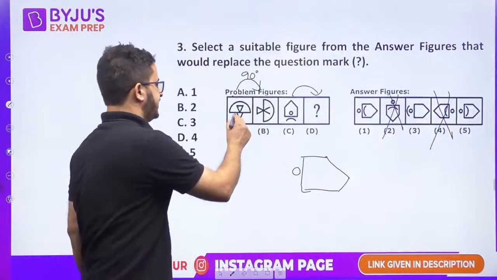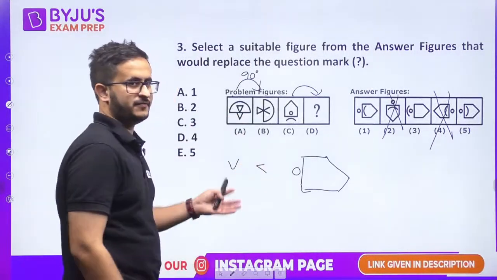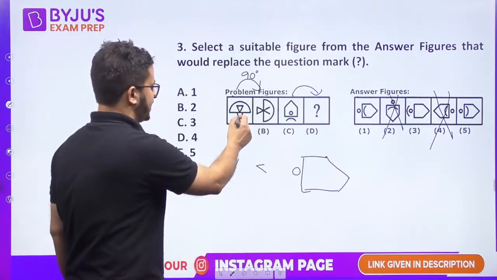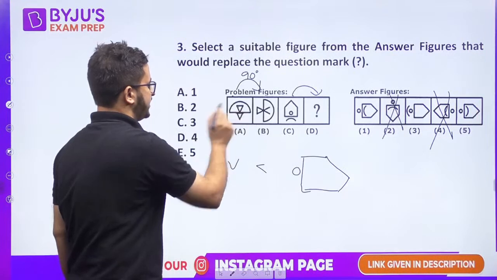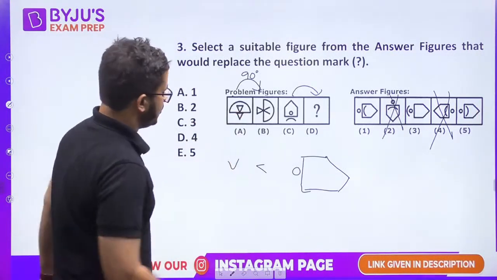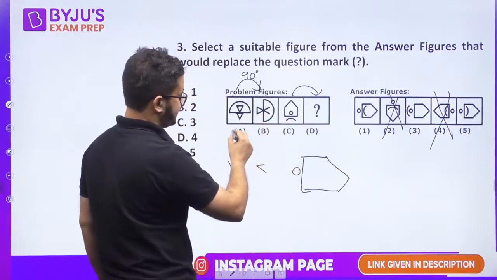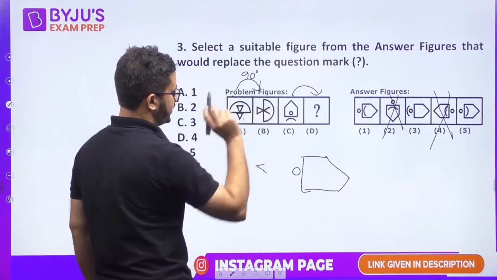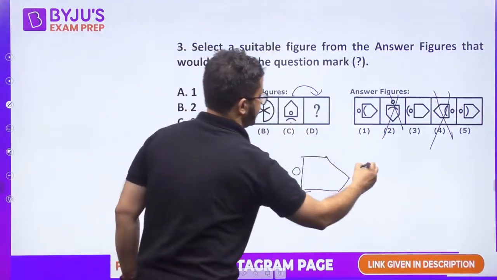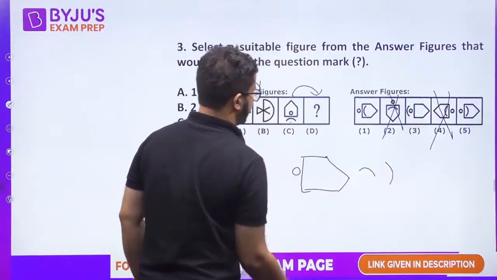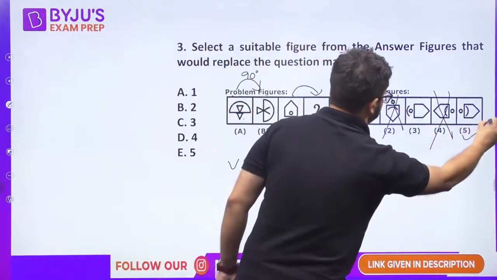Then this shape was present like this, and now it has turned like this, a V shape. This is not a triangle, this is actually a V shape. It was appearing as a triangle because it was intersecting with this line. So this V shape has again turned like this and has gone inside. It was outside and then it has gone inside. Similarly, this thing will get rotated by 90 degrees, it will become like this, it is outside, so it will go inside. So the answer is option 5.